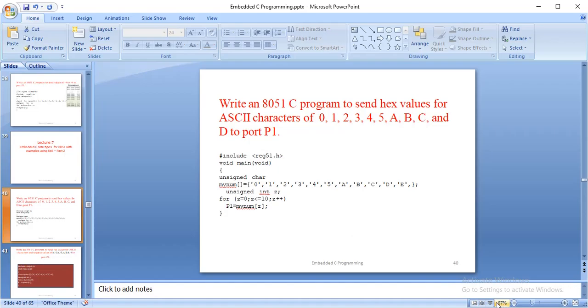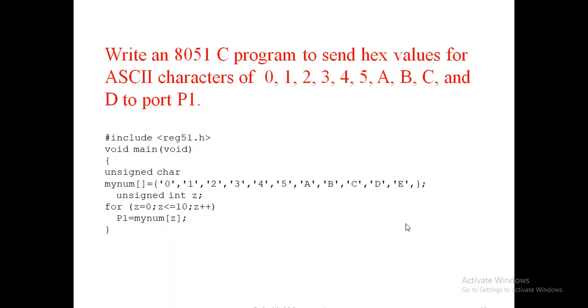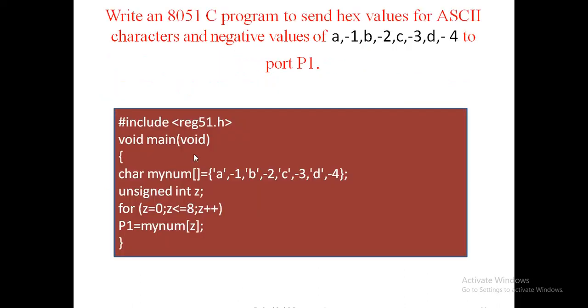Okay. The next we go for the next program. Here I used unsigned char. Unsigned char, the size is 8 bits. The data range is 0 to 255. Here, write an 8051 C program to send ASCII values for characters and negative values of A -1, B -2,